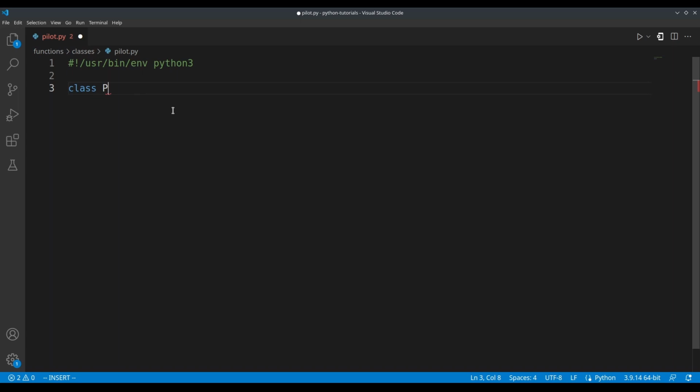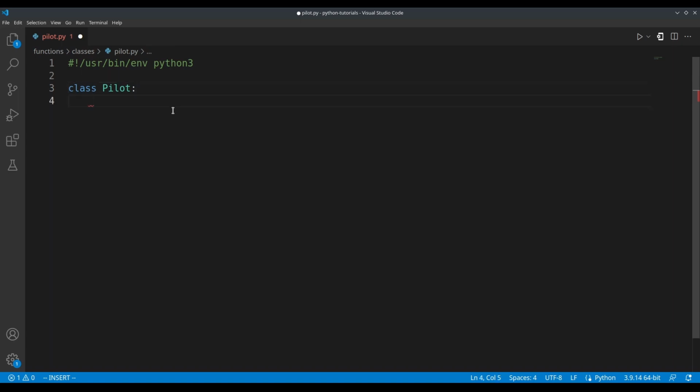So we're going to call our class Pilot. Now, we've got one or two things we can do. The first is just simply end the line with a colon and then start a new line. However, sometimes we can open up a pair of parentheses and specify another class in here to specify that you're inheriting from a particular class. I won't get too much into that here. We'll talk about that in another video, but I do want you to know that this is something we can do. But for now, typically what I do, I just immediately add a colon followed by a new line,